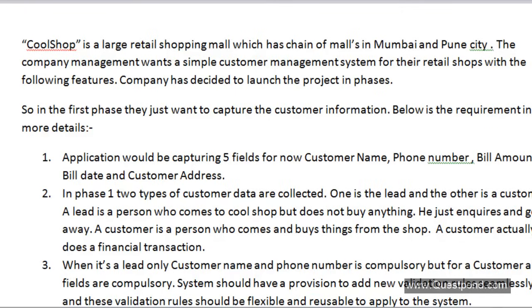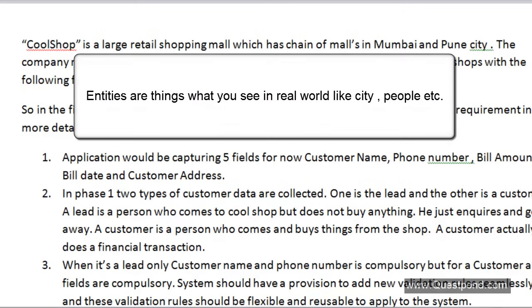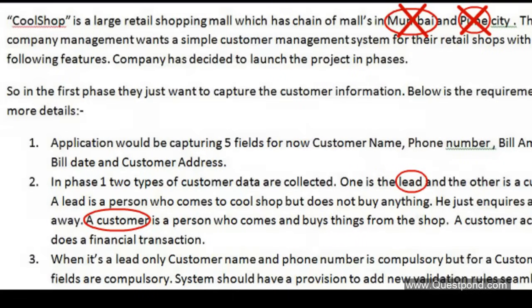Let us identify our entities, and then as we do the project, let design patterns come when they have to come. So the first thing is to identify entities. Now, what exactly are entities? Entities are nothing but things that you see in the real world. For example, a person is an entity, a living object is an entity, a city. So these things are actually entities. In the technical world, or in the object-oriented programming world, we also term them as objects. In short, entities are nothing but nouns.